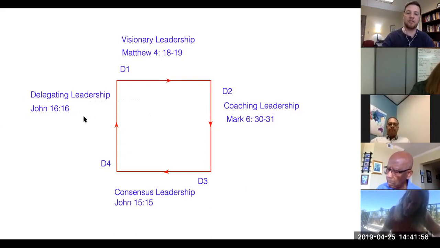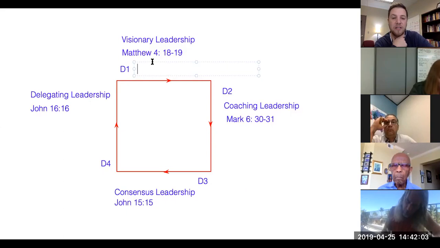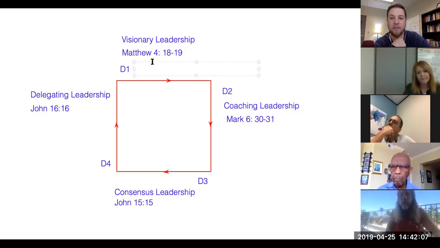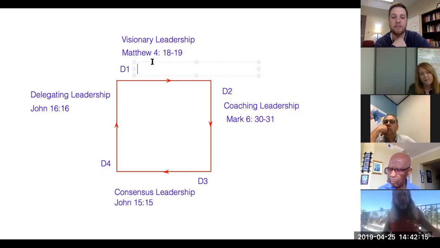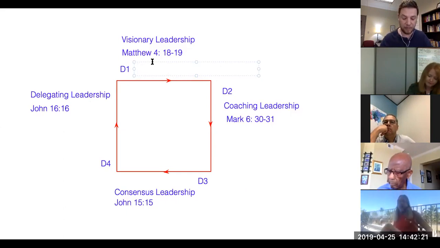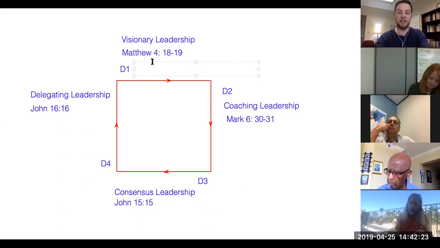And there are different terms that we've used in 3DM, aren't there, to talk about these things, to describe. Generally, we've used D1, 2, 3, 4 to describe the experience of the disciples, and we've used the letter L1, 2, 3, 4 to describe what the leader does. I'm not going to distinguish between those two things. I'm just going to call them D1, 2, 3, 4. But when someone's being discipled in D1, generally their experience is one of unconscious